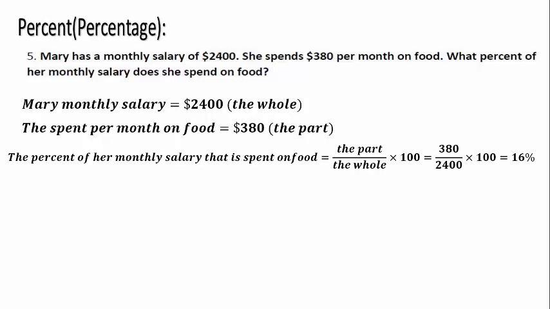Of course, Mary's monthly salary is $2,400. This is the whole salary she gets. The amount spent per month on food is $380. It is a part of the whole,